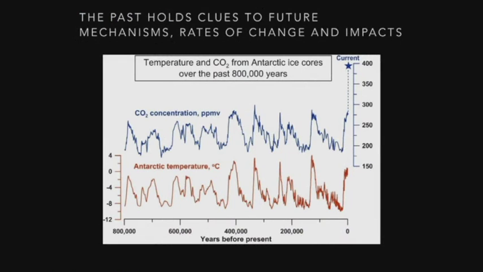This is from some of the Antarctic records, Dome C, I think this one is from, where you're looking at CO2 concentrations, basically fluctuating between 180 and 280 parts per million, with a sort of beautiful 100,000-year cyclicity, and then below that the isotope temperature reconstruction paralleling that change. I won't go into that in detail, but suffice to say, we're now at 400 parts per million and rising even further. So the question is, where are we going to go?